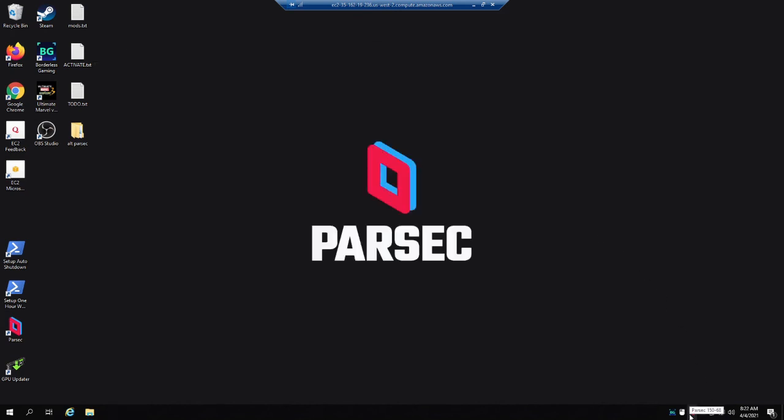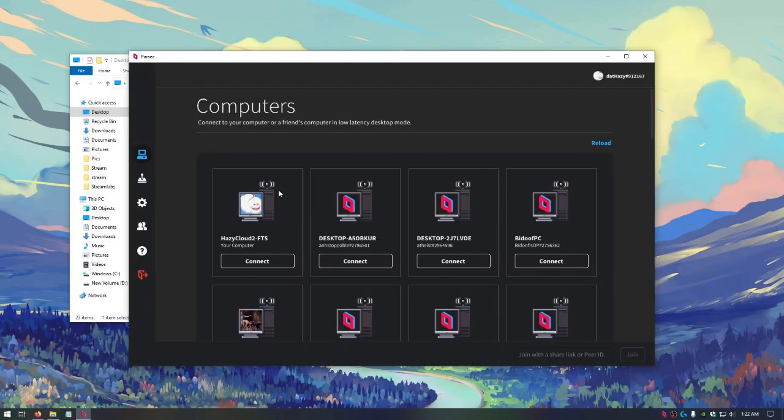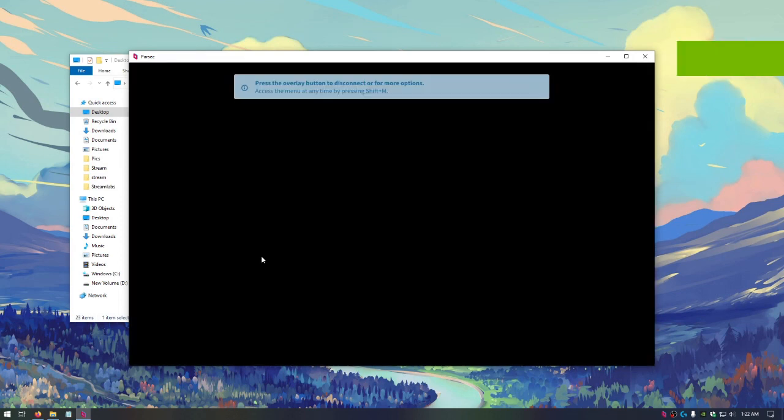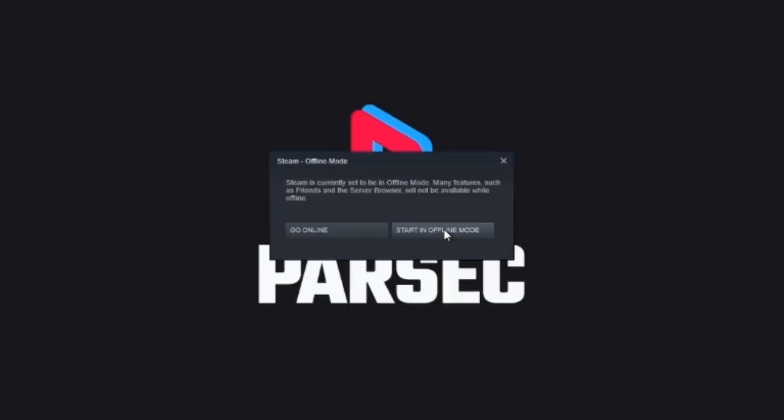Now that you have Parsec running, you can exit out of the remote desktop and connect to Parsec. Make sure that remote desktop is no longer running. Having both remote desktop and Parsec open at the same time will cause issues. Whenever Steam prompts you, click on Start in Offline Mode to keep Steam in offline mode.